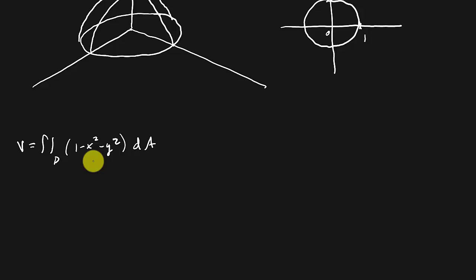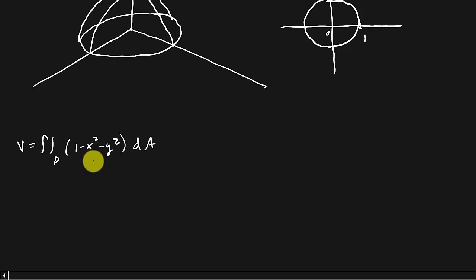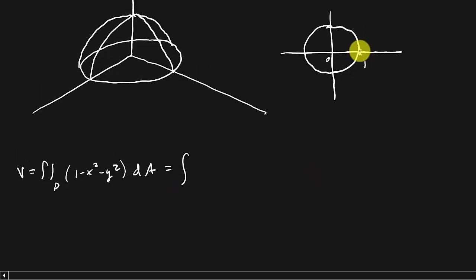We won't work it out though, but I'll show you what it would look like if you did set it up in rectangular coordinates. All right, so this is equal to, now remember what goes on the outer integral. That's going to be your theta. So look at this. We're going all the way around. We got a complete circle here, so that's going to go from 0 to 2 pi, and then our r is going from 0 to 1. All right, and now what's our